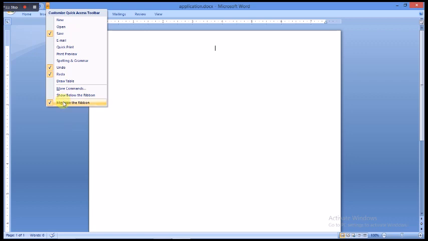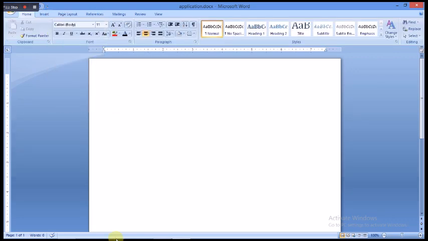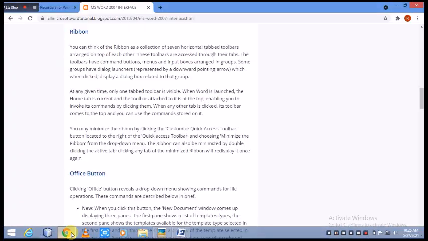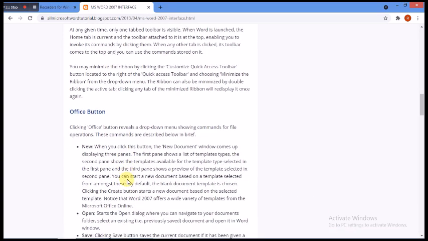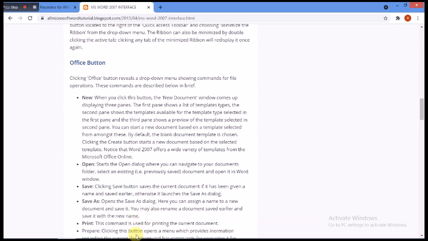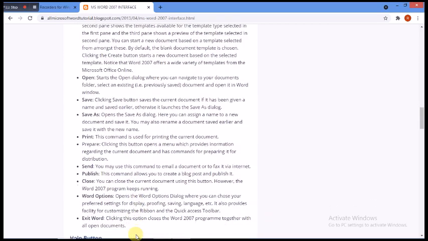So next is the office button. Clicking the office button reveals a drop down menu showing commands for operations and their descriptions: new, open, save, save as, print, send, publish, close, word options, and exit window. I will explain everyone.